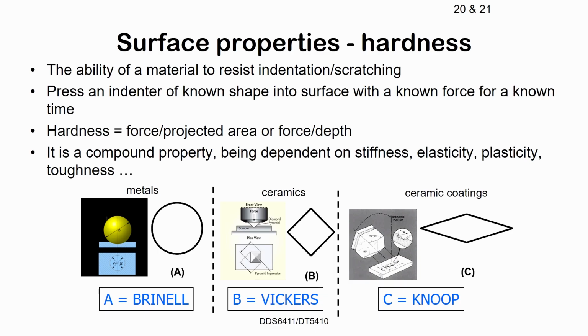So you put on a load, you wait for a while for things to settle, and then you unload it. Now, in the process, you need to make sure you have produced permanent deformation. So it's basically loading and unloading beyond the elastic limit. The hardness is measured by the force required to produce that permanent indent. So it's force divided by either the projected area of that indent or the permanent depth that you create by that